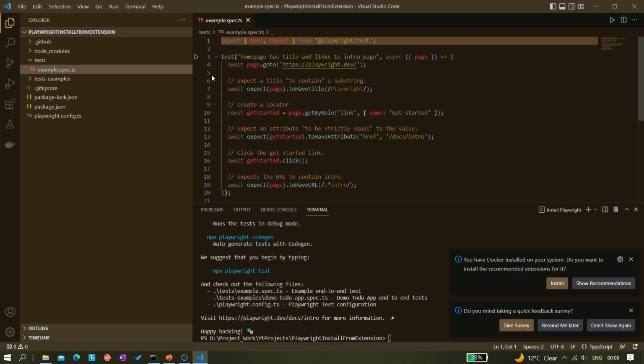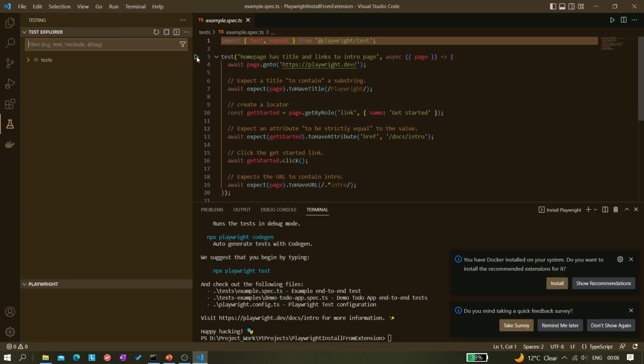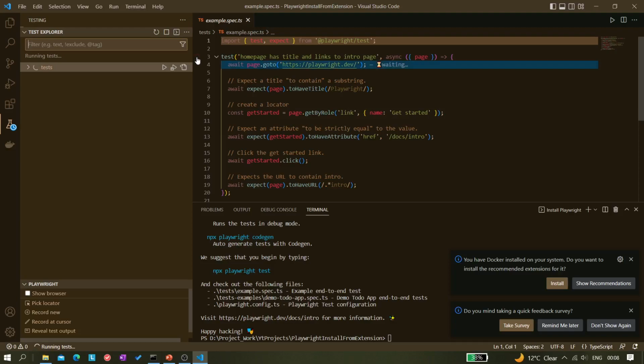To run it, you can see there is an icon, a green triangular icon. If you click on it, it starts running. Now by default, as you know, it will not open any browser, so that same thing will happen here as well. So you can see it just